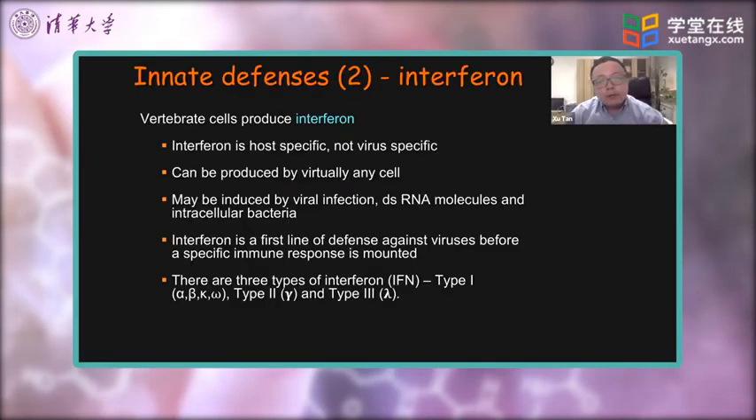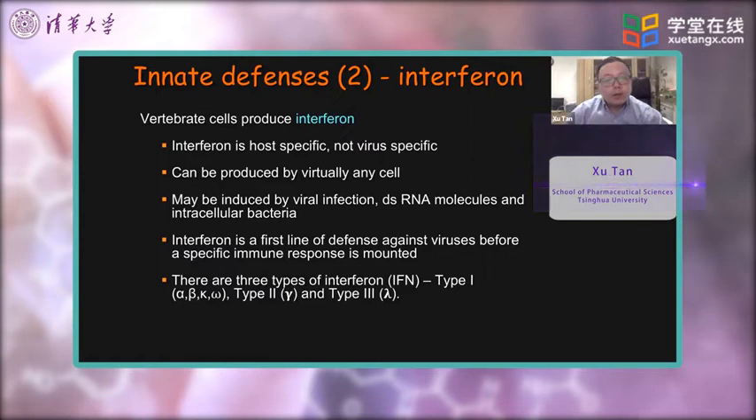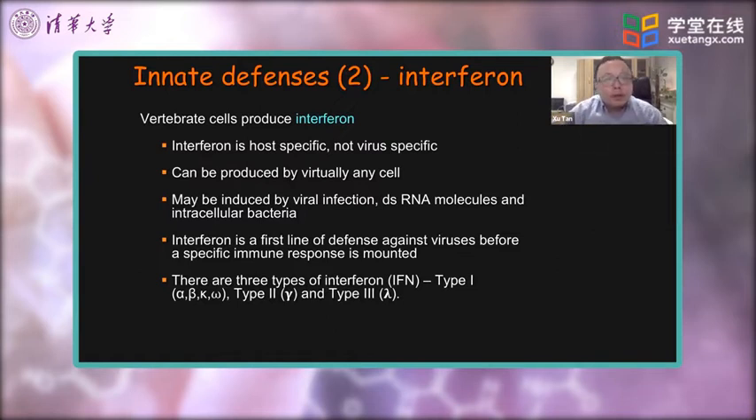The second part of the innate defense system is the so-called interferon system, which exists specifically in vertebrate cells. Almost every vertebrate cell type can produce interferon. It's host specific and not virus specific, meaning that different species can secrete slightly different forms of interferons, but they are not specific for certain viruses. They're a broad-spectrum antiviral defense system that can be produced by virtually any cell